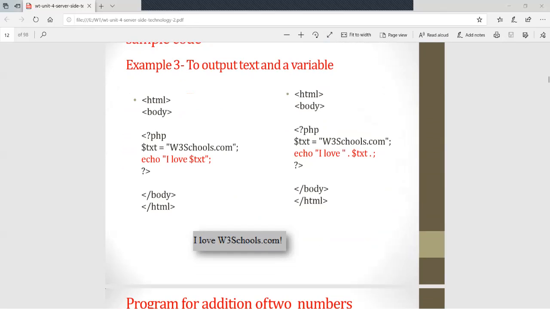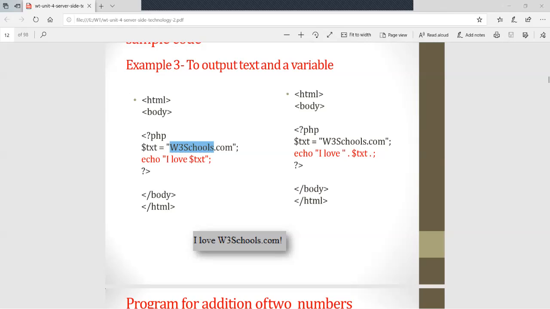Now, sample code to output text and a variable. How to print output: basically HTML, whatever the opening tag, under body we go for the PHP syntax. PHP, $txt variable, equal to is the assignment operator. So this value we assign to the txt variable: w3schools.com is assigned to the txt variable. And echo I love, and we concatenate the string with $txt. Whatever value is in the txt variable is concatenated with I love.